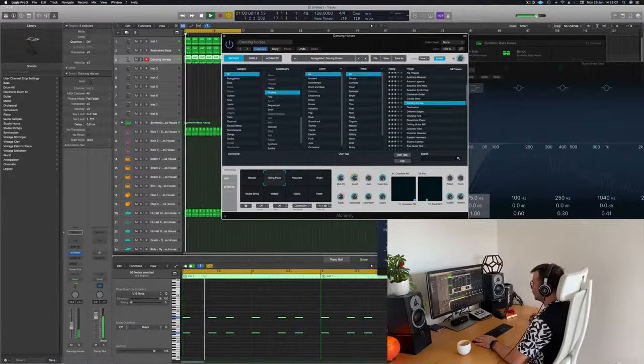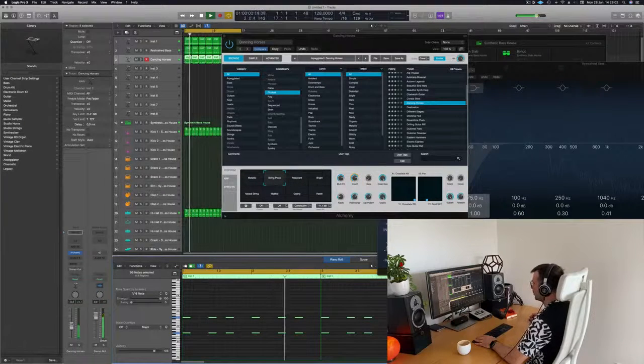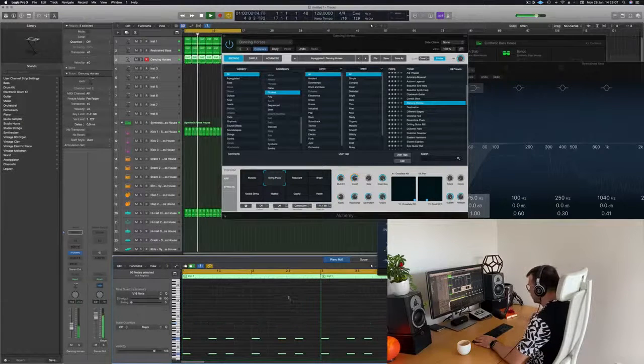What does that sound like? I'm not sure why there is a spike there with another key.